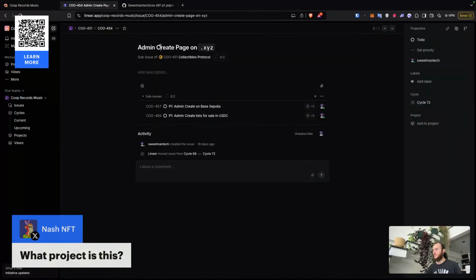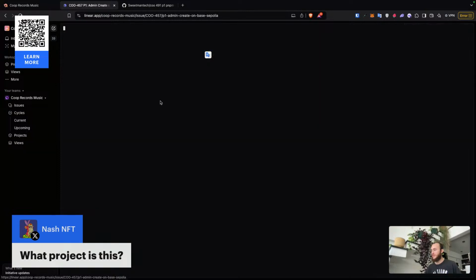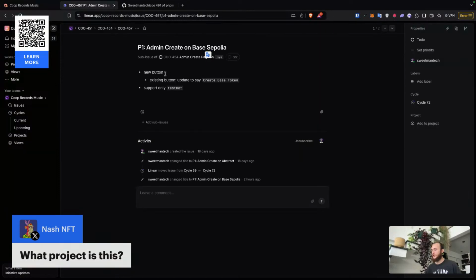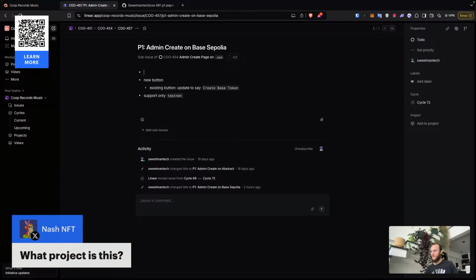This task is going to be create page, admin create on Base Sepolia. I think I can update this ticket a little bit more. New button, actual existing button, actual